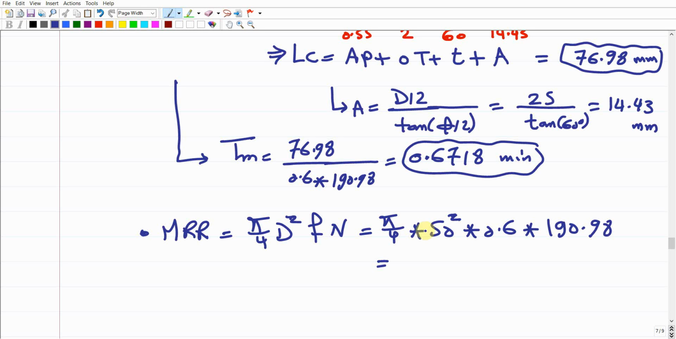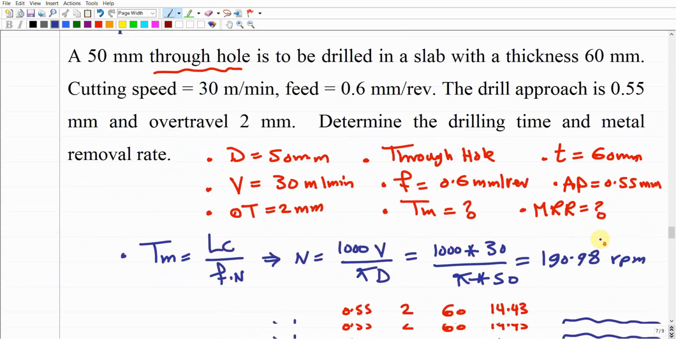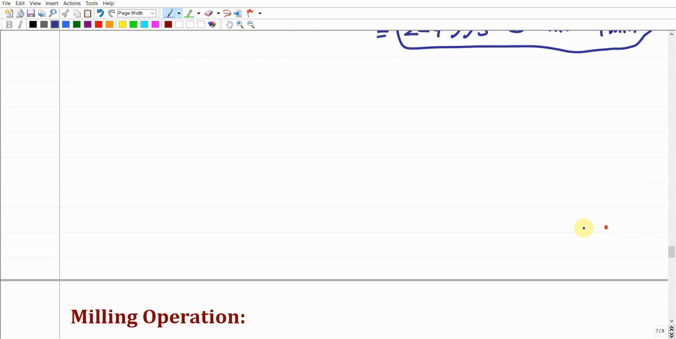This is gonna give us 224,993.0 millimeter cube divided by minute. So this is gonna be the metal removal rate that should be removed per unit minute to open this hole. Make sense? For example, again, it is a through hole, so we added approach and over travel